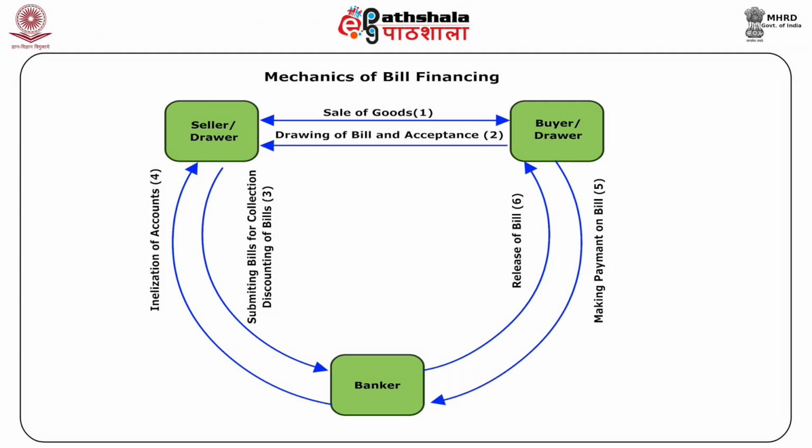The seller who makes a bill of exchange is called the drawer, and the buyer in whose name the bill is drawn is called the drawee. The bill is then sent to the buyer for acceptance. The acknowledgement of the debt due from the buyer is called acceptance of the bill. The acceptor could be the buyer or any third party willing to take on the credit risk of the buyer.